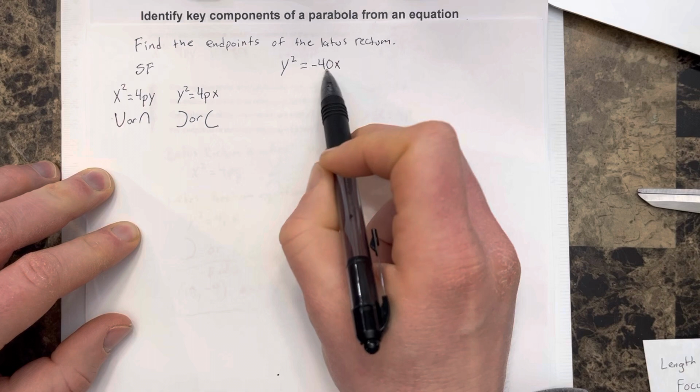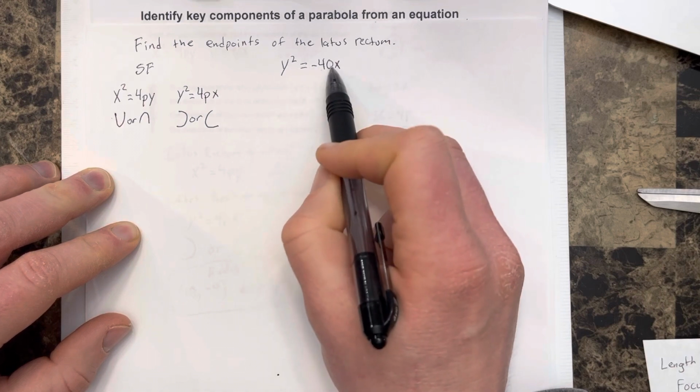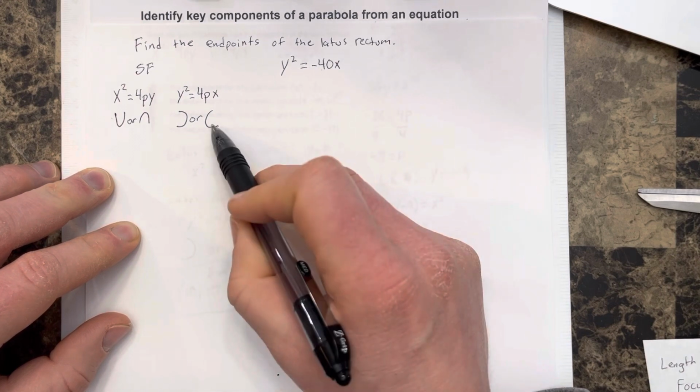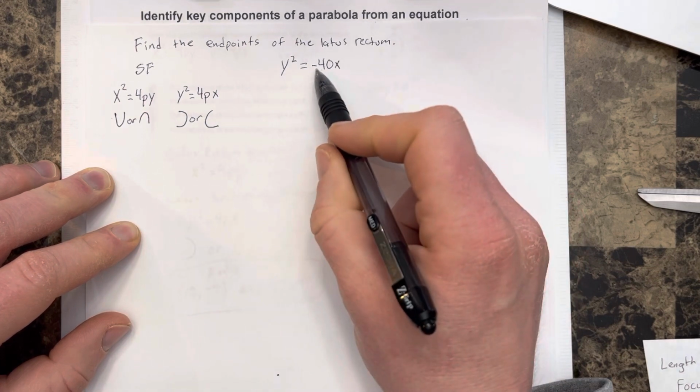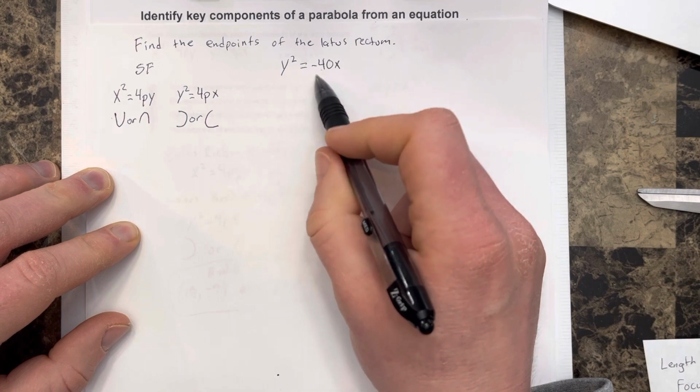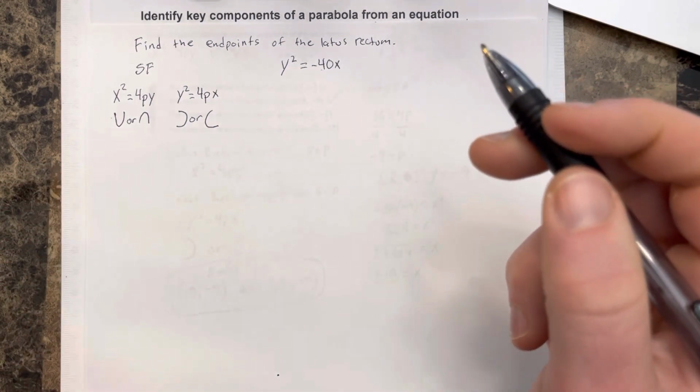So in our case, we have y squared equals negative 40x, I believe it should be opening to the right. Or I mean to the left. So we should have a parabola that's opening to the left here, and we want to find the endpoints of